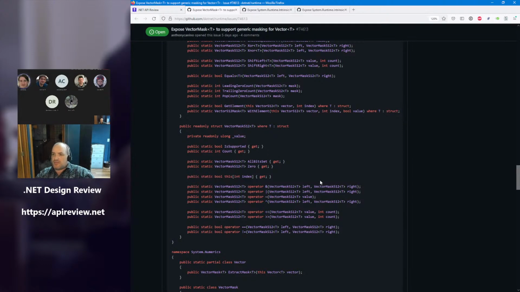But there wouldn't be a strict requirement that any implementation do that for all-bit set. Just like equals couldn't go and say for vector mask of long compare more than count elements, even if there's more bits represented, because that could then lead to non-determinism. Right, and that was the concern. That was where my question was coming from, is basically is equal or not equal becoming an unsafe operation because of the don't care bits. And if you say that it's going to basically always mask the answer down to the semantic bits, then that